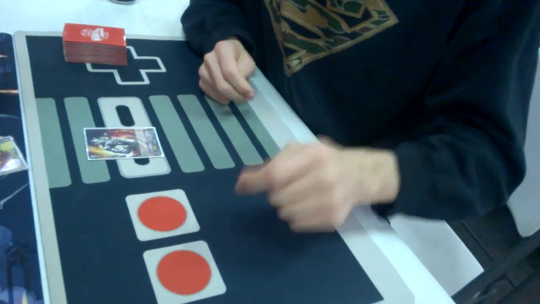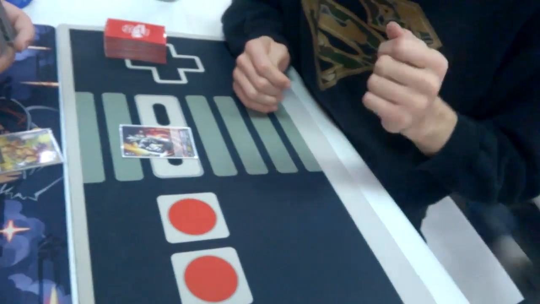One of the problems that Dark Irregulars has is, while they do like to have the draw triggers to generate field again,